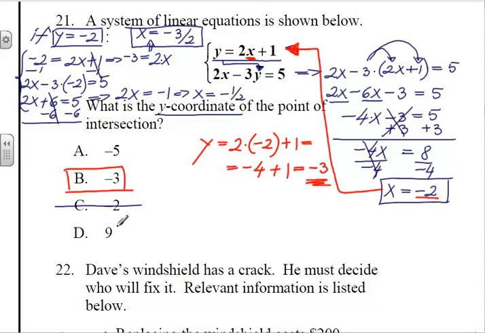However, if you don't remember how to do it that way, you can go back and just use trial and error by plugging in the values of your y, solving for x, and if the two x's are not the same, that means y is not good. And you will see that if you plug in y equals negative 3, you will find the same x from both equations, and that's why you will get B as the right answer